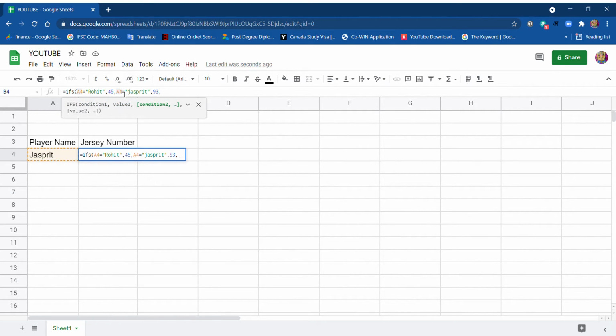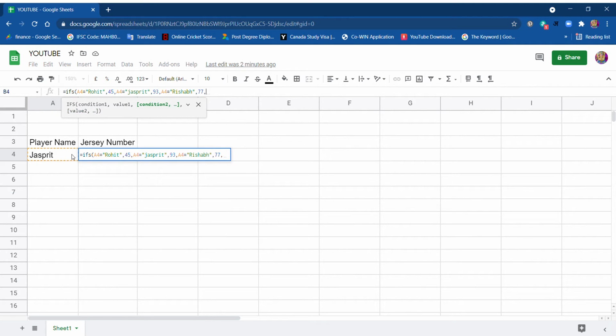The second condition is A4 is equal to Jasprit, then give me value 93. Now the third criteria is if A4 is equal to Rishabh, then give me value 77.